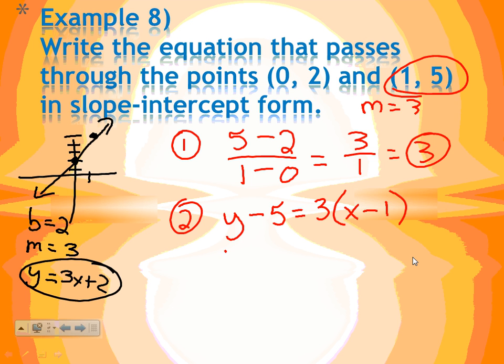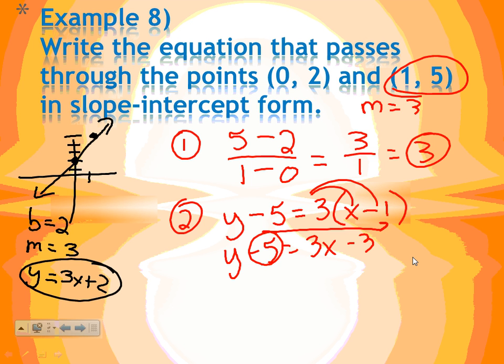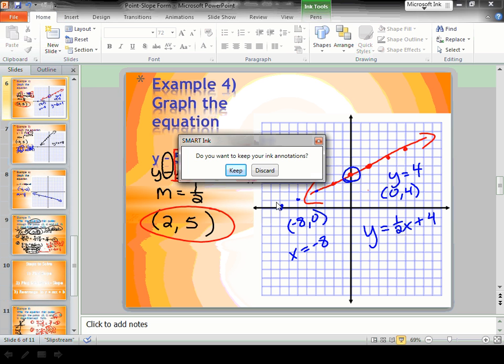So then we rearrange it, distribute it. 3 times x is 3x. 3 times negative 1 is negative 3. And then we move the 5 over, so y equals 3x plus 2. Isn't that the same thing that we got by graphing it a minute ago? Okay. So either way would work. All right. Let's talk through